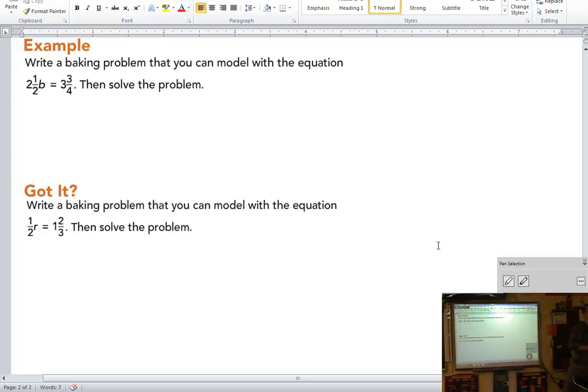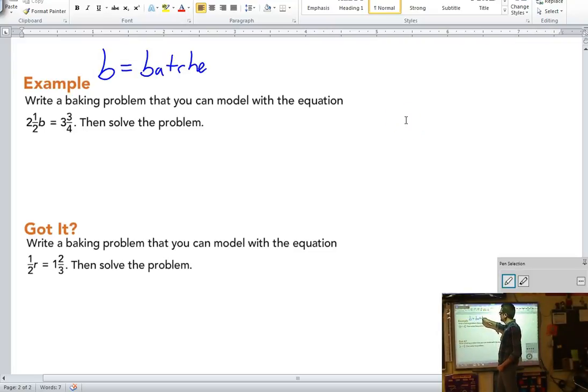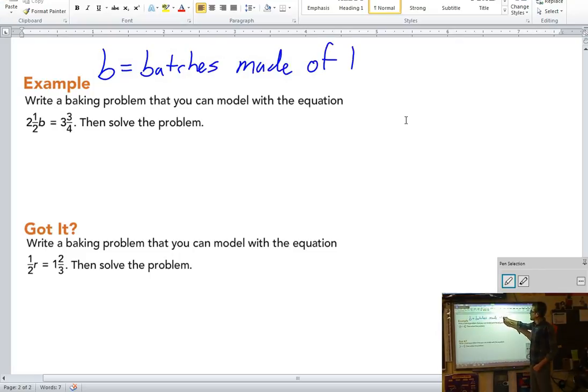Solomon? Batch. Yeah, batches. So maybe b is how many batches we're going to make. So let's say b is the batches made. Banana bread. Sure. Of banana bread. Banana cookies. Oh, good, banana bread. I've never eaten banana bread before. Okay, let's try it. Sorry, my C looks like an R.